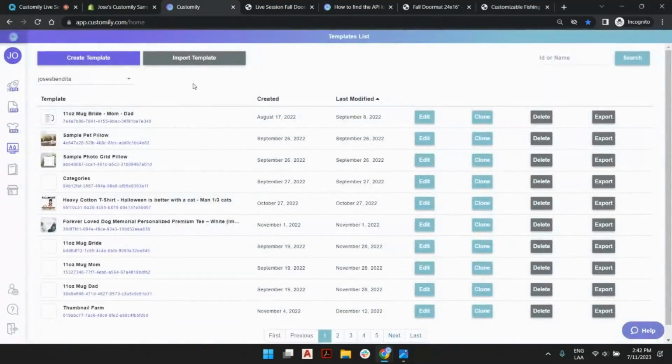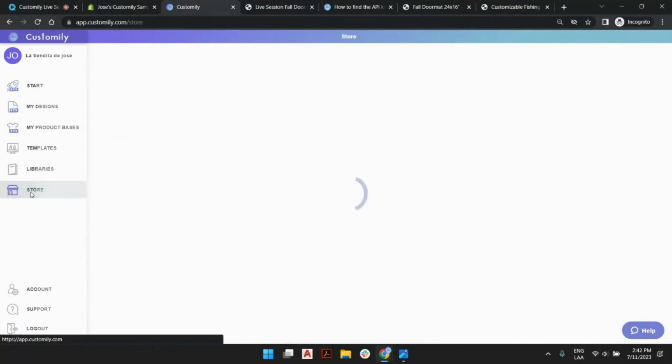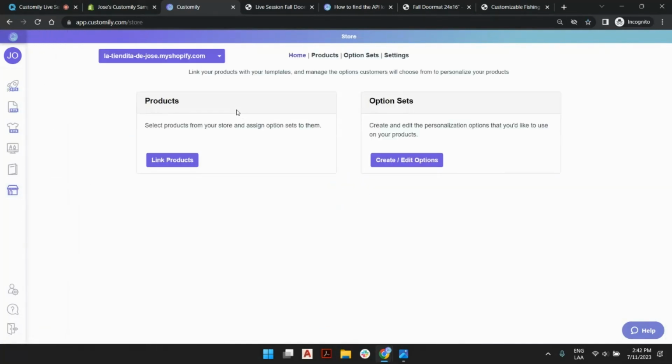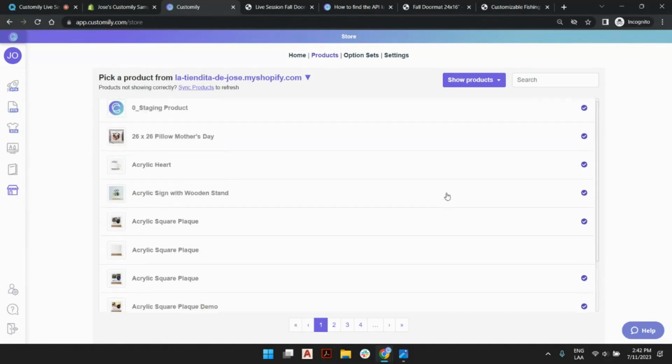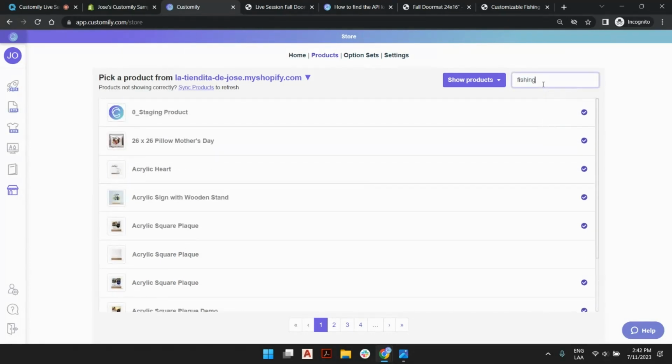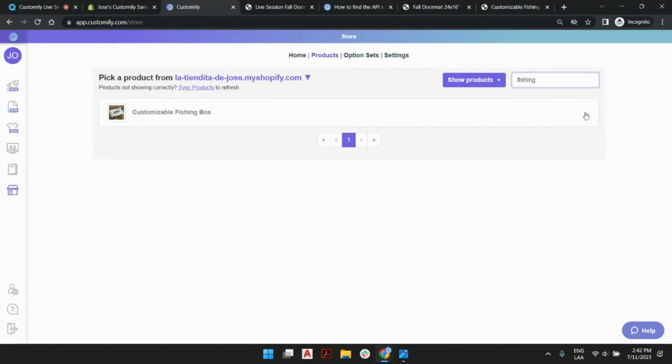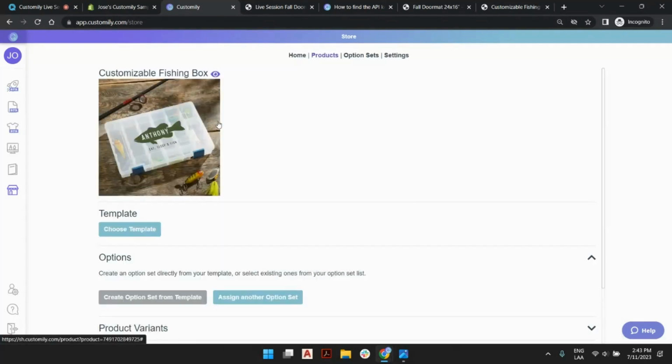So I go to Customily, okay, and check this out. If I go to store, remember store is where you manage your products. I will see, well, this is my store and I could have many stores, but I'm going to go for products or link products, it's the same. And these are my products. Right now, I have a lot of products connected to Customily because I see the check here, and some of them that are not connected. For example, the fishing box. This is a regular product that has no connection. But since I'm in Customily and I'm looking at this product in particular, I can click on this and I can see that